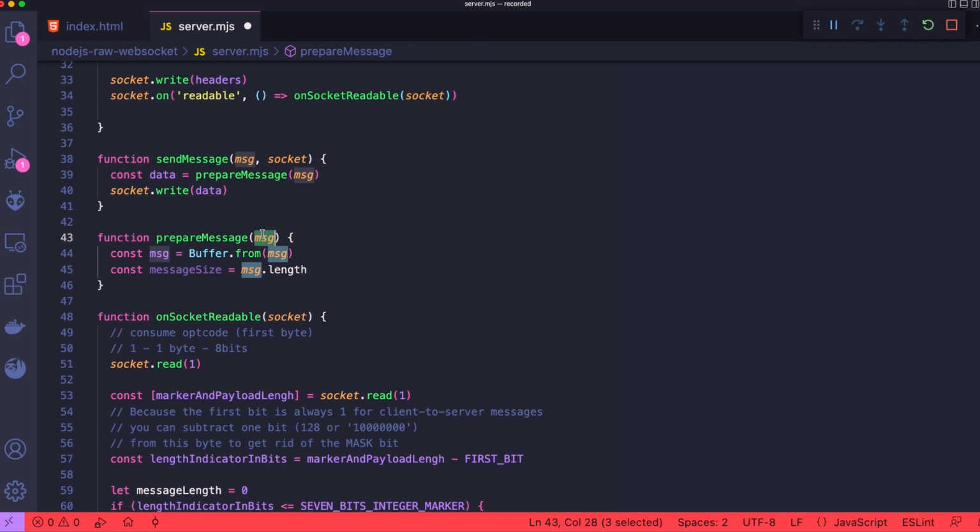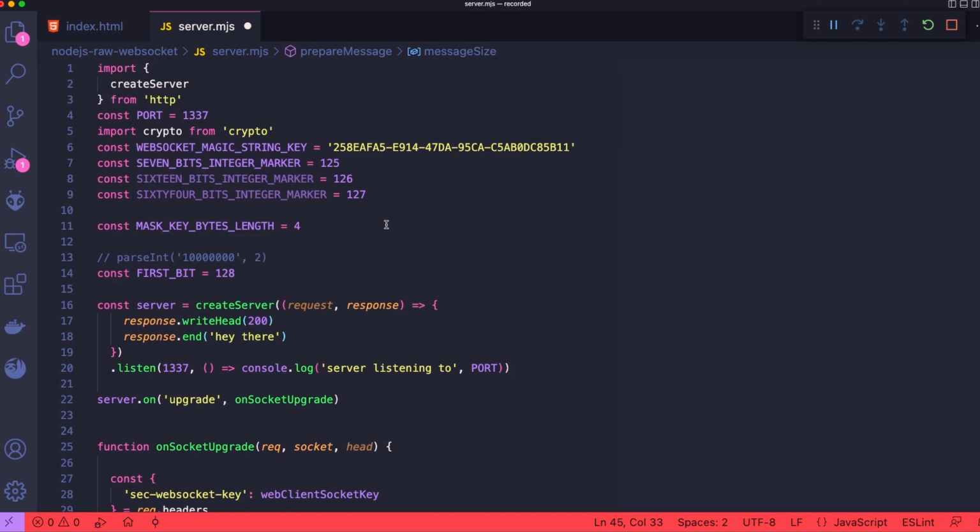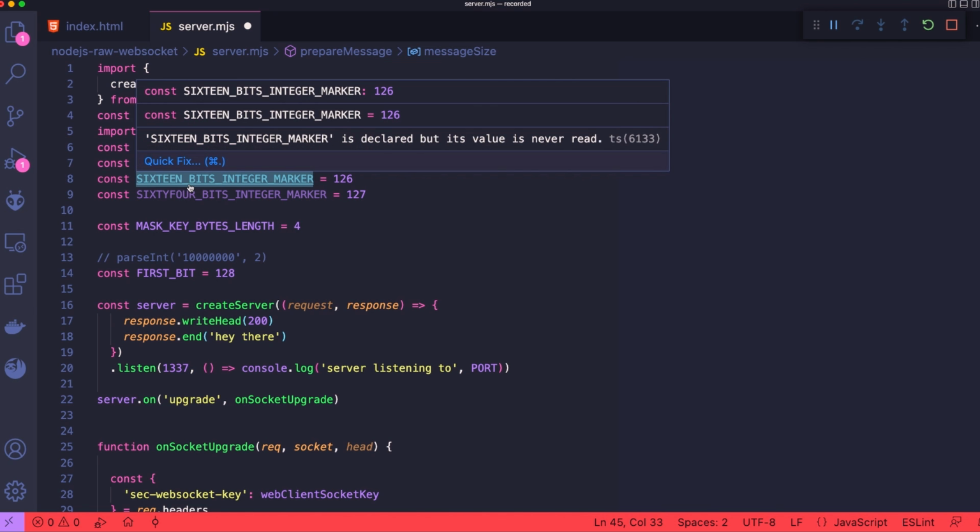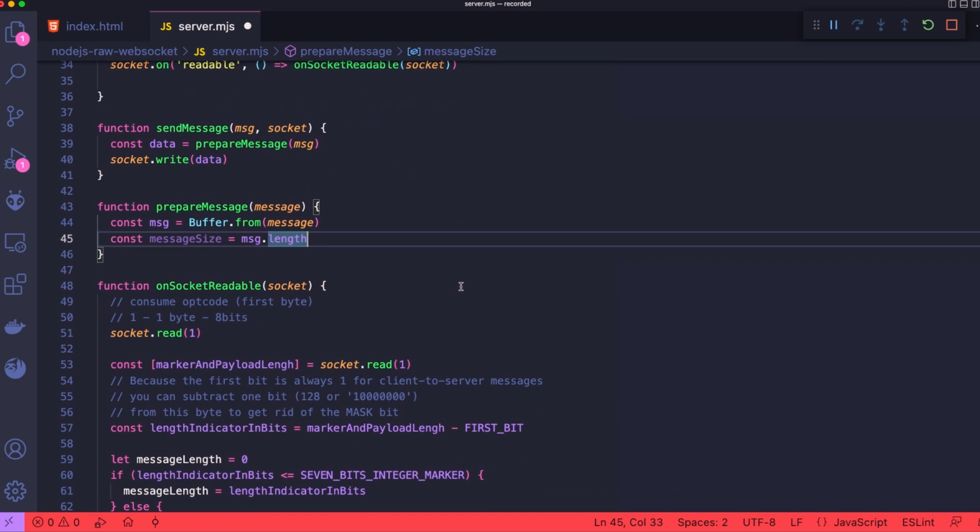Here I'm going to call it message so we don't miss the variables, okay? So the message length will be just for this one. Why? Because we must choose whether it's a 7-bit or 16-bit integer, right? Otherwise our browser will reject